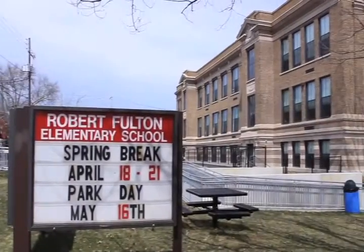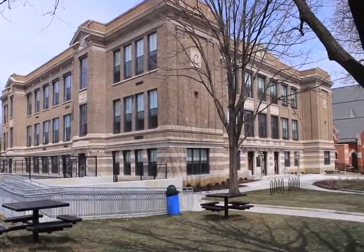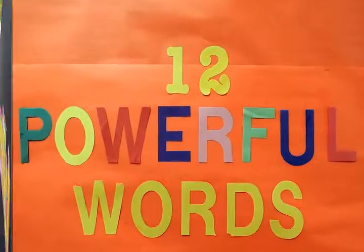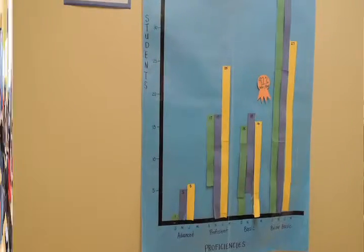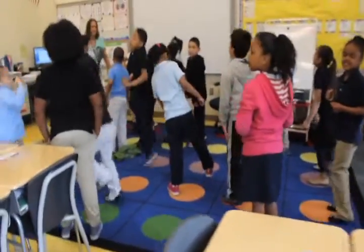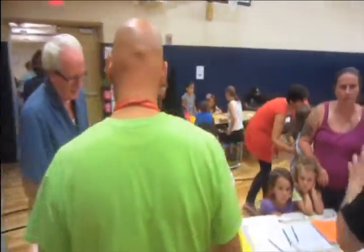Well, check this out. Robert Fulton Elementary School in Lancaster, Pennsylvania recently underwent a multi-million-dollar renovation, turning long hallways into bright welcoming centers for art displays, posters, and celebrations of progress. Classrooms where students couldn't move due to overcrowding are now filled with light, smart boards, bright colors, and plenty of room to dance. The real transformation going on inside Fulton isn't just in the building, but rather how students are